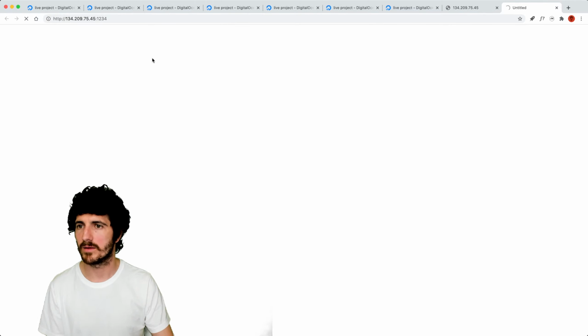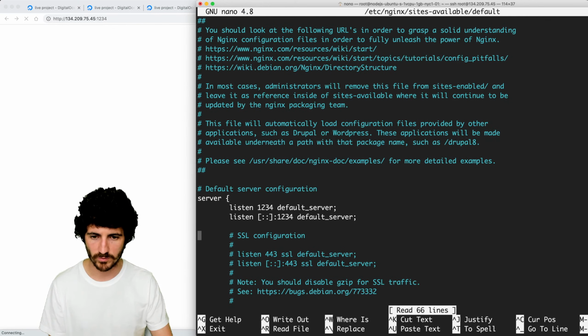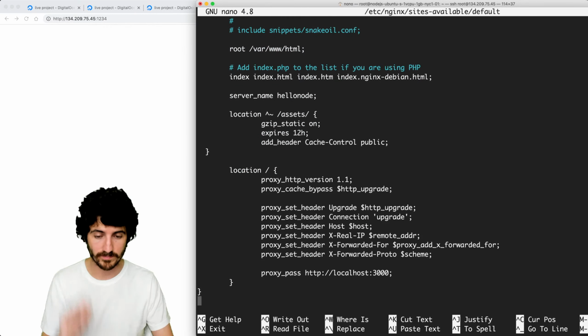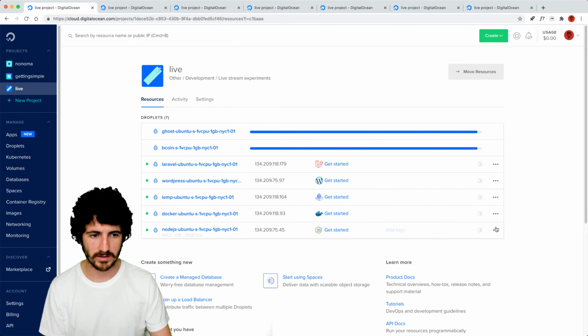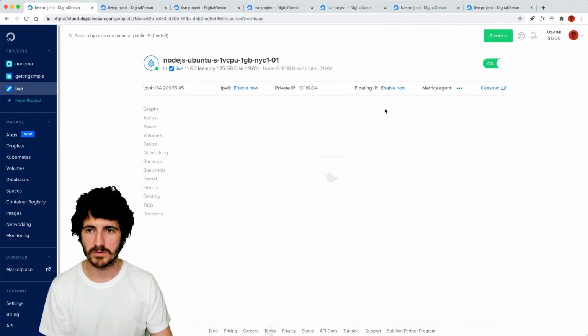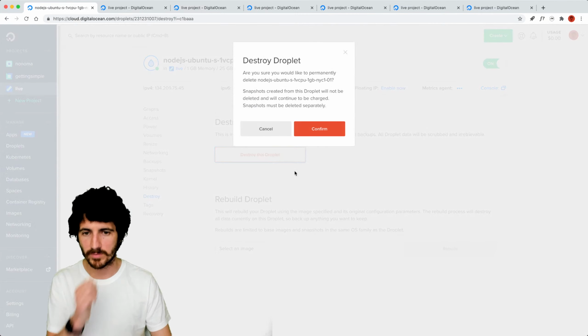Yeah, so that implies a few more changes where we actually have to reroute that port. But yeah, so this was the Node.js one, so we're going to kill that one now, and we'll go here to the Node.js one, destroy Droplet, confirm.